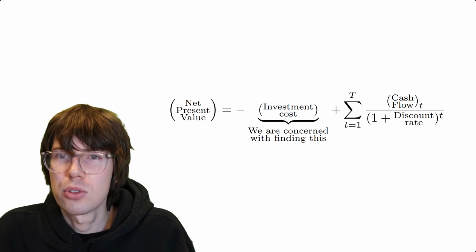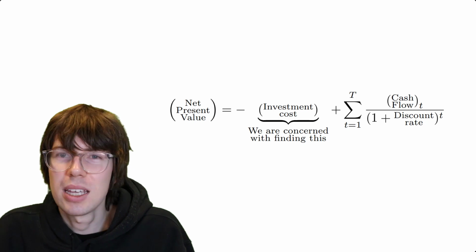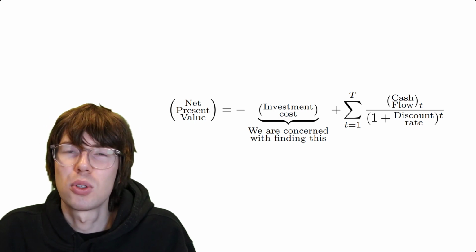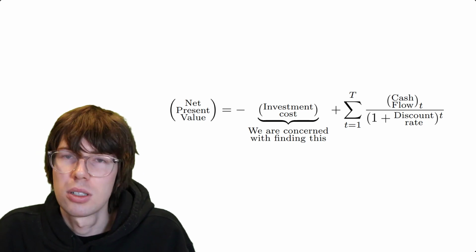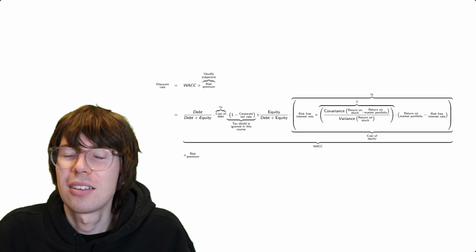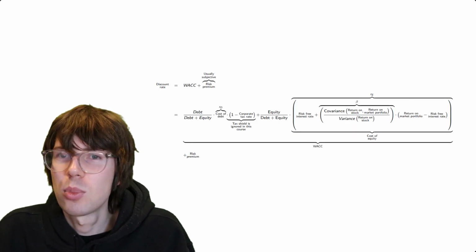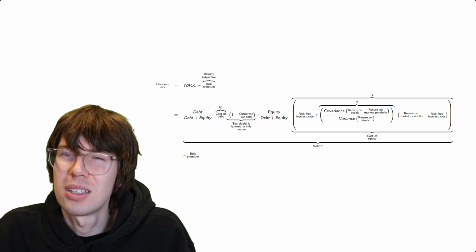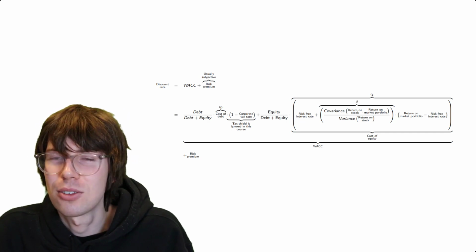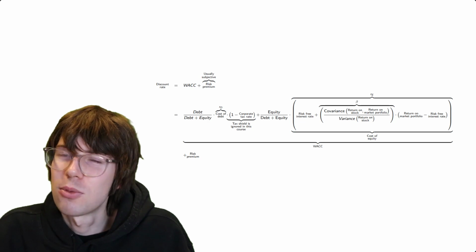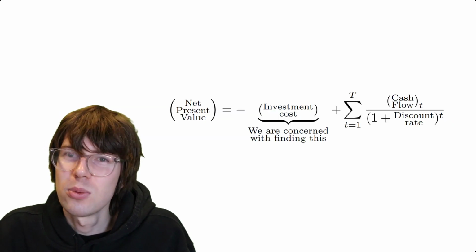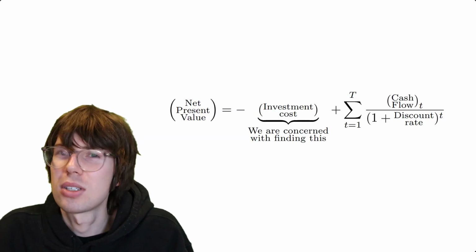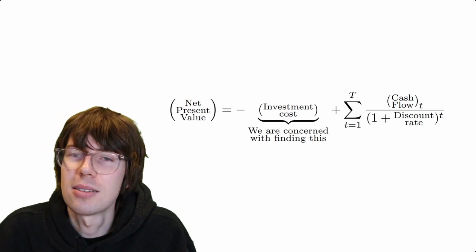For the purpose of teaching and for the exams you've probably taken so far, you have probably just been told, well, the cash flows are such and such. The discount rate, maybe you need to calculate that using the weighted average cost of capital equation, and maybe you have to go even deeper and use the capital asset pricing model to calculate the cost of equity. But it's pretty straightforward, just given the information. And investment costs usually are resolved. Well, the investment cost is 10 millions, for instance.